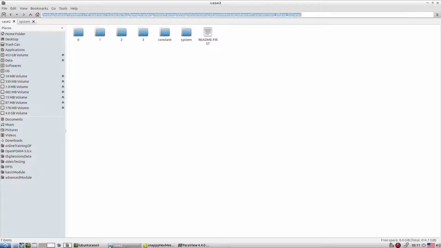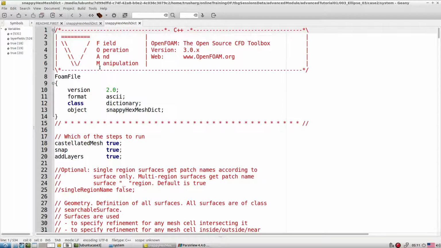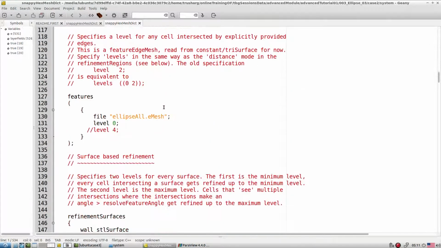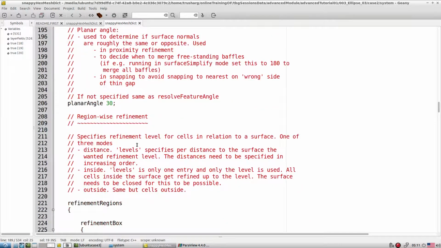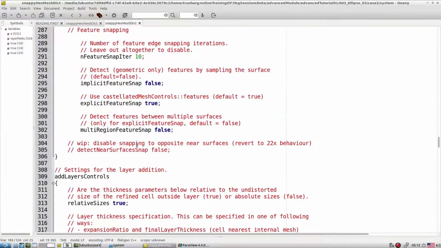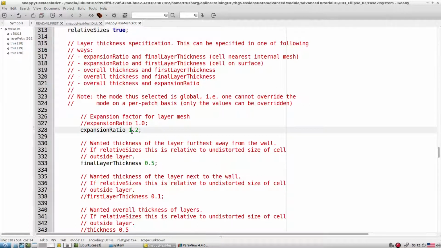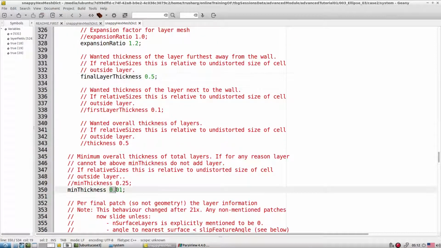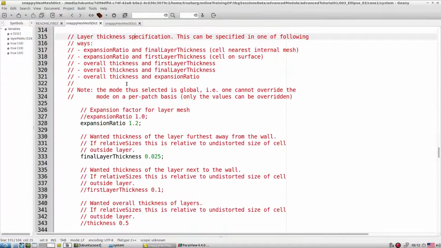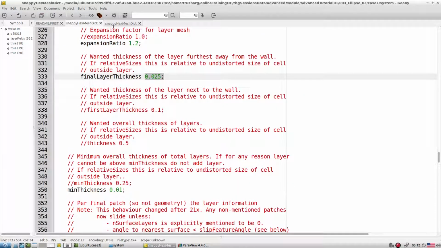Okay, so I already created the mesh. So let's quickly check what difference we have here. In this snappyHexMesh everything is the same. Okay, we have 2 to 4 layers, features 60 only. So only we change here relative to true. Along with that I changed a few more things like expansion, let it be the same, but final thickness 0.5 and this is 0.01. Okay, in the previous case it is false, and final layer is 0.025 and this one 0.05.